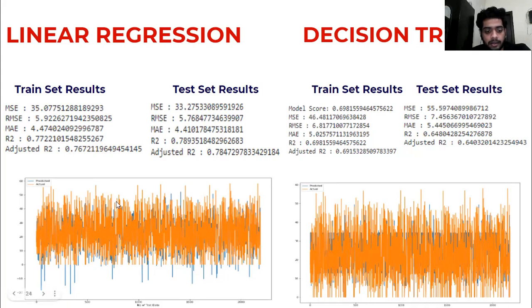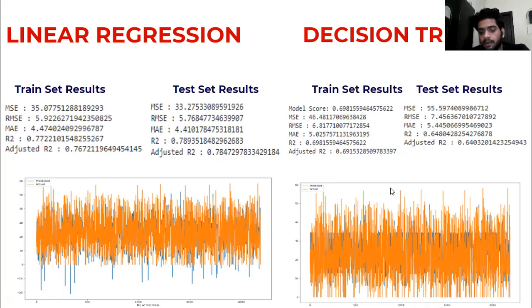Here below is the comparison of predicted and actual values. And on the right side are the decision tree results. In the train set we get an R square of 0.69, and in the test set the R square is 0.64, and the MAE is 46.48 in train and 55.59 in test.